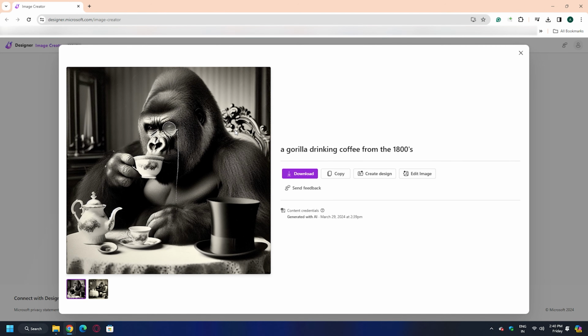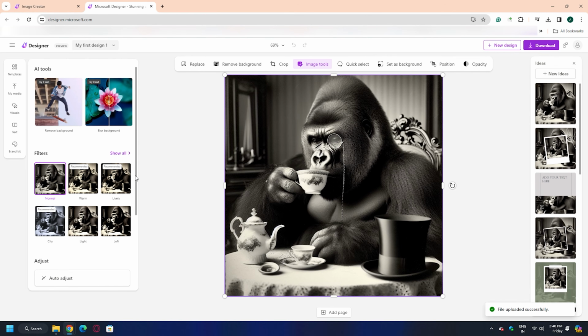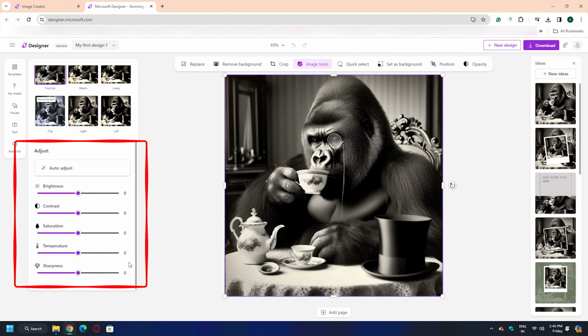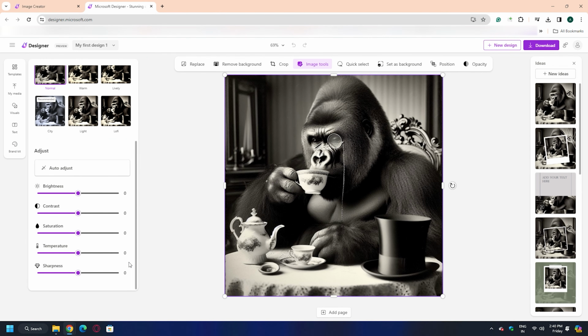It also allows you to edit the resulting image. Click the Edit Image button and then edit it in the dedicated editor window. You can apply basic editing such as adjusting brightness, contrast, sharpness, etc., adding filters to the image, cropping the image, and inserting text into the image. Once the image is edited, you can download it to your PC.